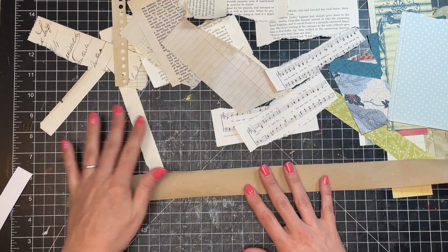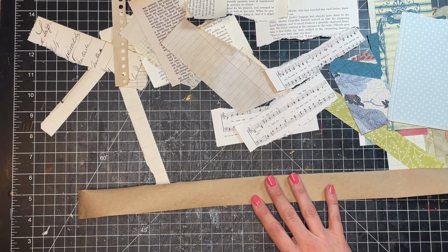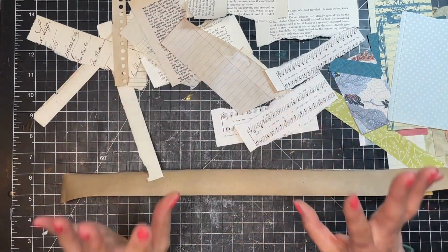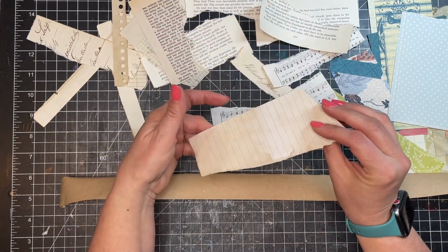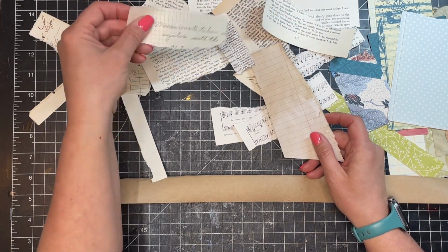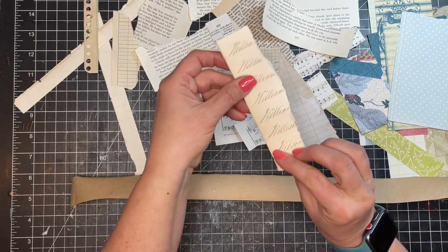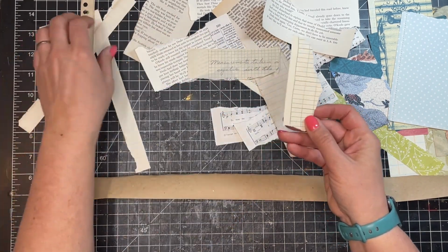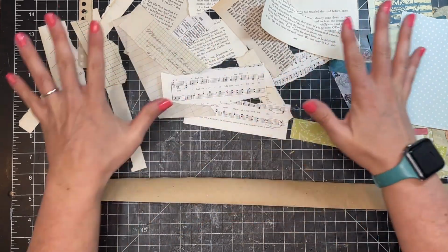So here I just picked out from my little paper bin over here, this giant thing with all kinds of stuff in it, a couple of sort of plain things. So I just have some book pages, some lined notebook paper that was coffee dyed. There's a little bit of dictionary page, some graph paper, some beautiful ledger pages with gorgeous writing on it. This is also a ledger page that has some green on it. So I tried to get a variety, some music pages, but all in the same sort of